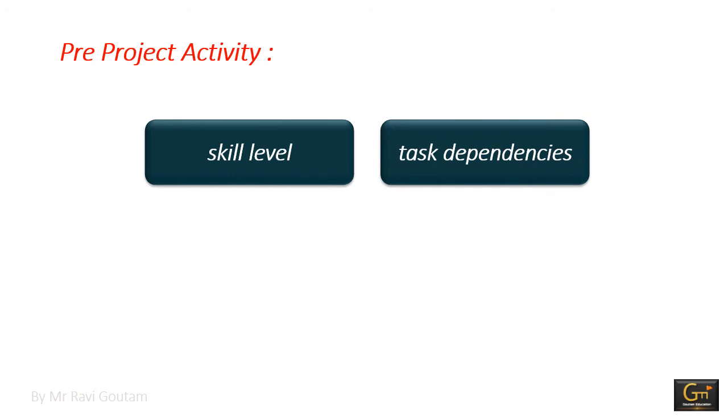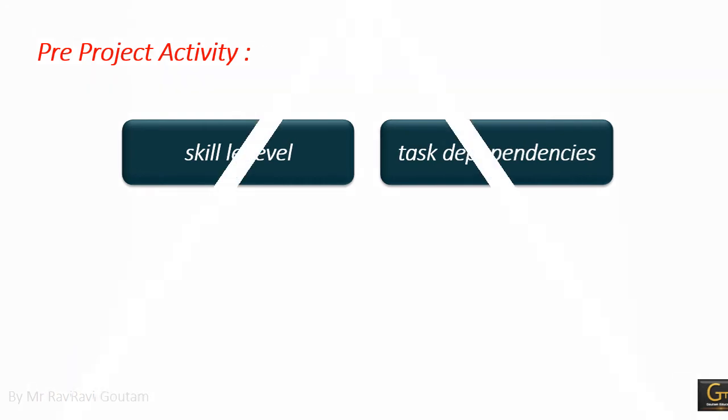So which tasks can be done in parallel and which tasks require the completion of other tasks before they can start. So project control or review points and performing project cost estimation and cost benefit analysis are included in task dependencies.